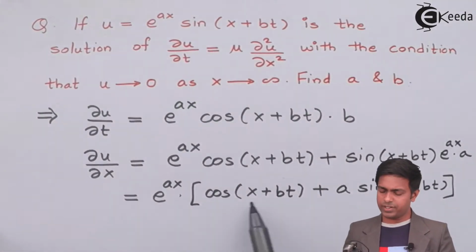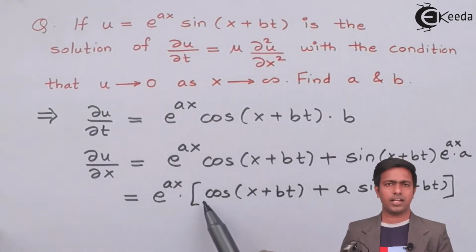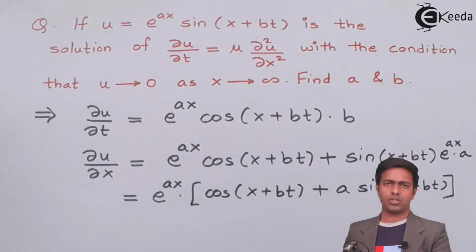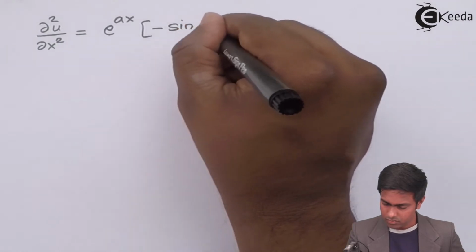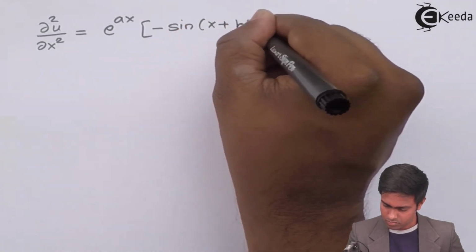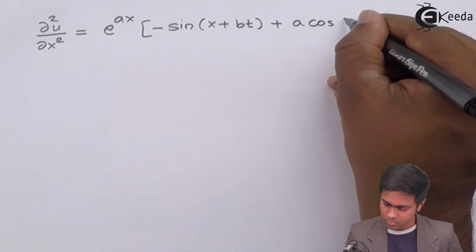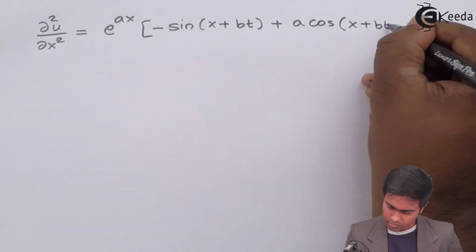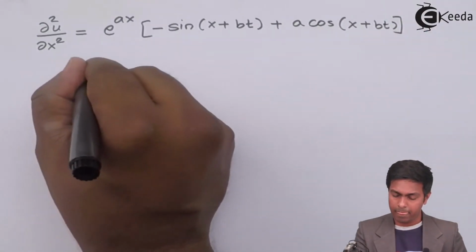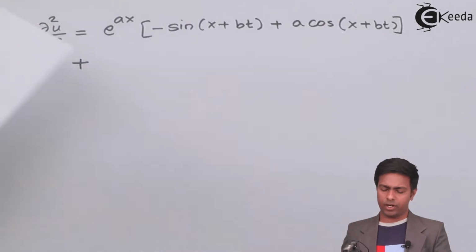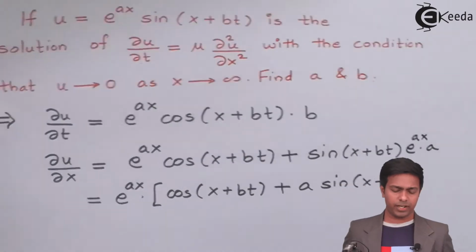So what is the derivative of this second function with respect to x? The derivative of cos is negative sine and the derivative of sine is cos. So we will get, now plus the second function as it is, so I'll copy down this function, and the derivative of this is e to the power ax into a. So we'll get